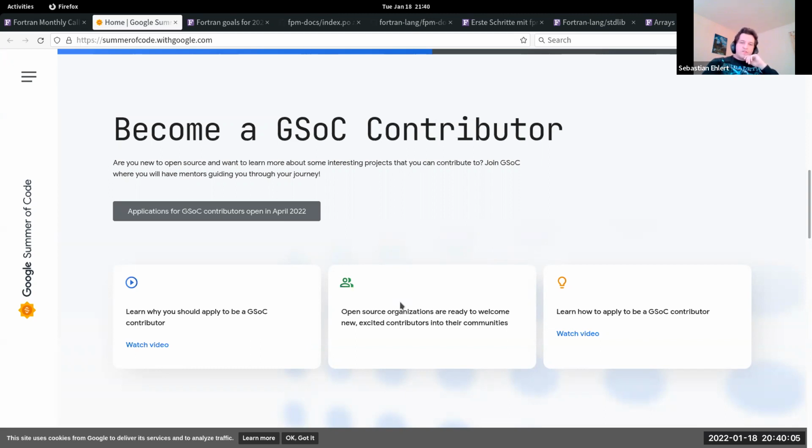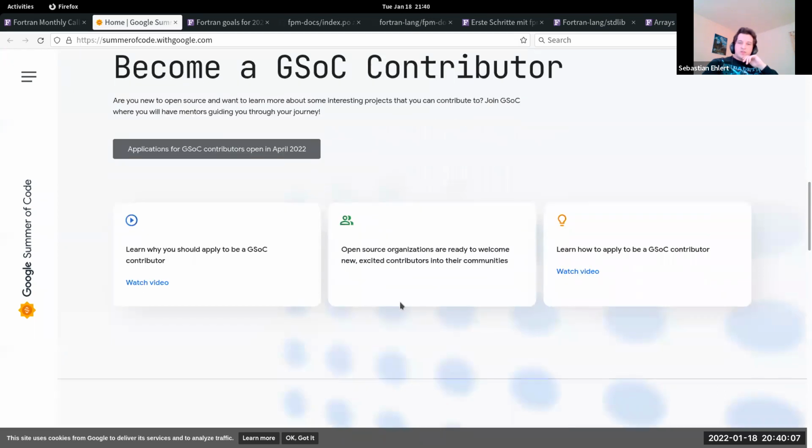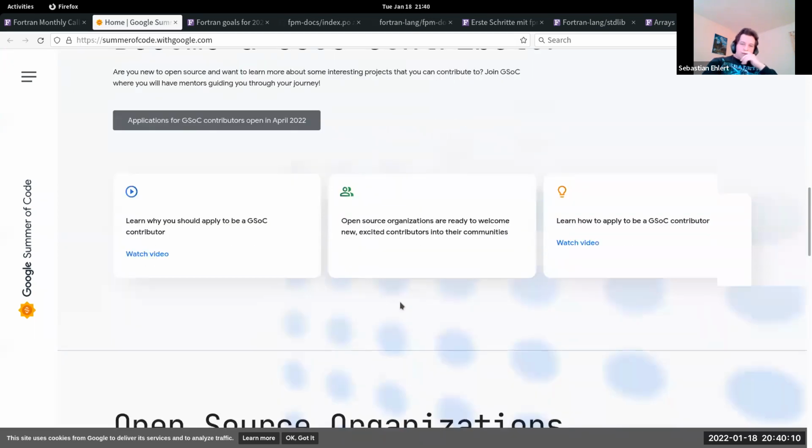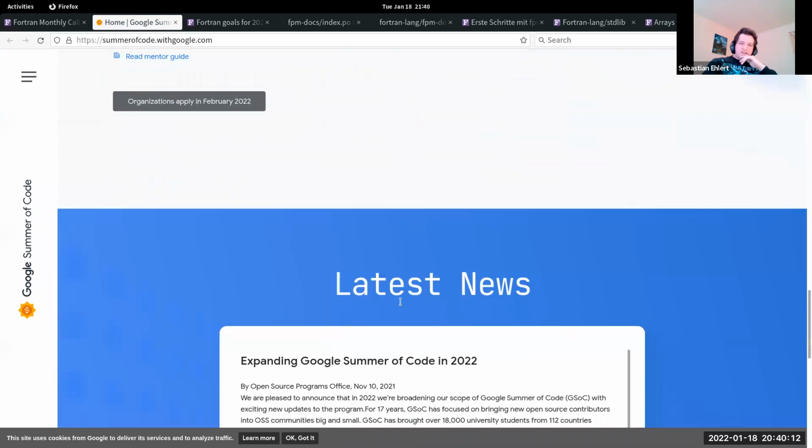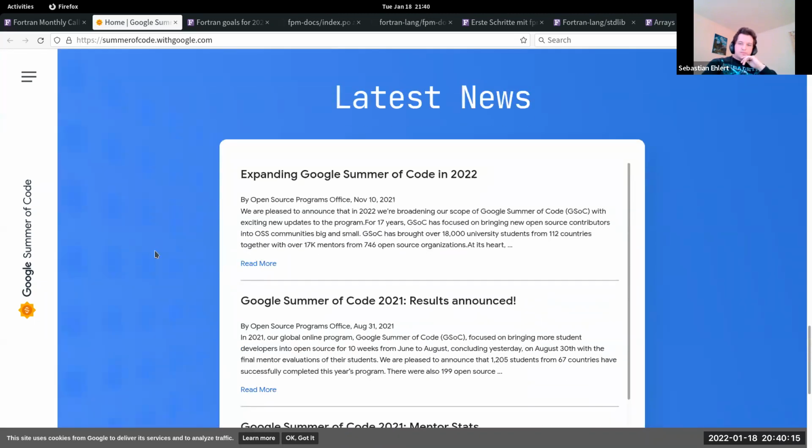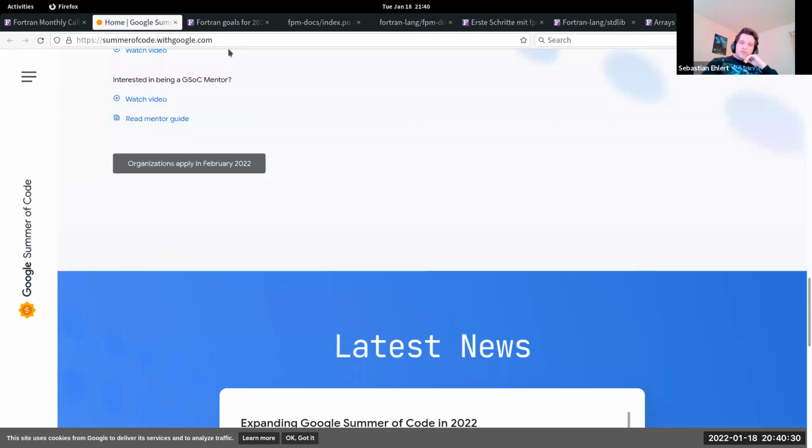But other than that, I think it is more or less the same as last year. And if I recall correctly, it's going to start in February, and the application is going to close, I think, on the 22nd of February. So I think it's about time to start looking for topics, collecting them. We should make an announcement on the Discourse and update our wiki.